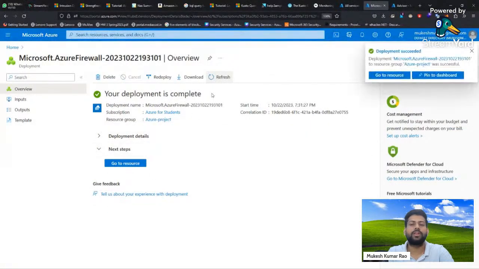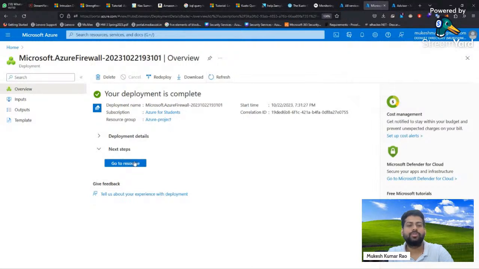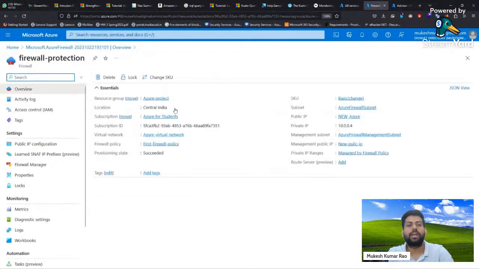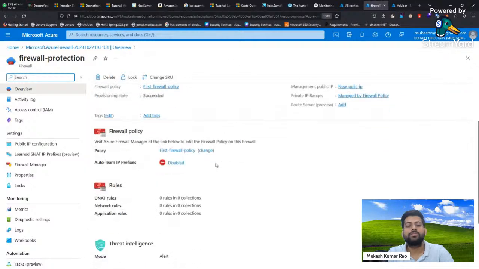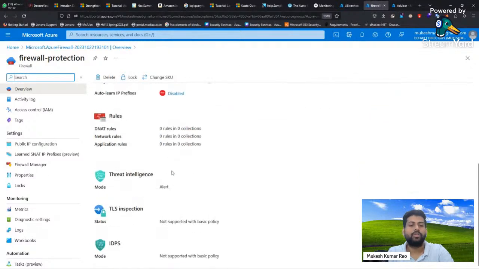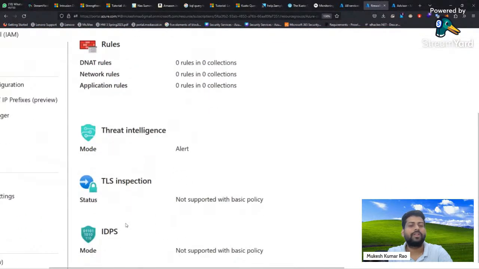And here you can see our firewall policy is created. You can go to the Azure Firewall protection plan, and this is how the first policy is created. You can now define a rule in a specific part one by one, and then you can enable threat intelligence. Also, these two protections are not available in the basic subscription, that is TLS, to protect the transport layer.